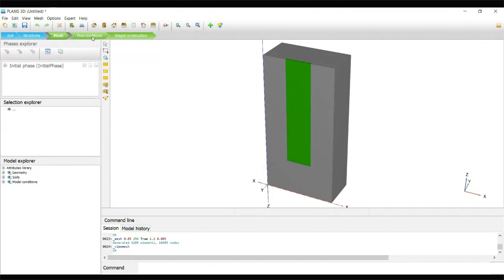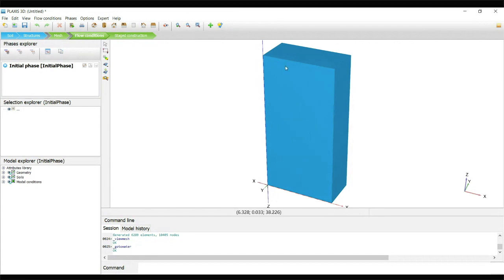Now in the flow condition, nothing has changed because as per our given information, it is a 39-meter level water condition. In staged construction, the program by default creates the initial phase. For the initial phase, we are going to use the K0 procedure.